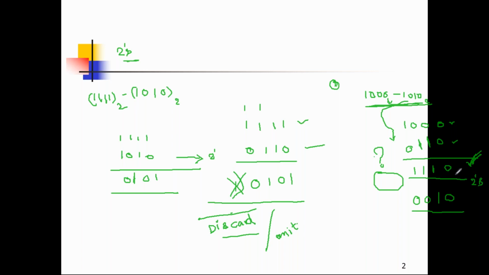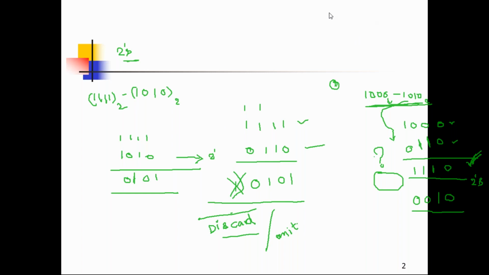So for that, again the same procedure. Instead of doing 1's complement plus 1, I'm going to write directly from this. So copy till the first one occurs as it is from the LSB. So this is the LSB, 0, 1. I copied as it is. Afterwards, I'm changing 1 into 0, 0 into 1. Here both are 1, so I'm changing to 0, 0. This is the result for the 2's complement subtraction.